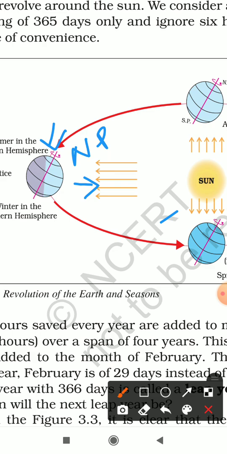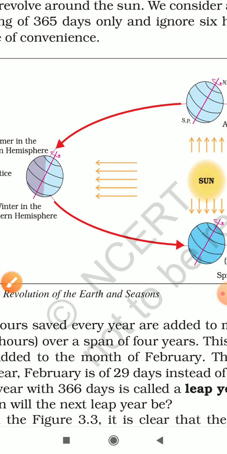And the places beyond the Arctic Circle experience continuous daylight for about 6 months. That is, the areas which are near the Arctic Circle receive continuous light from the Sun. Those areas have only days during the period of 6 months. Since a large portion of the northern hemisphere is getting light from the Sun, it is summer in the regions north of the equator. The longest day and the shortest night at these places occur on 21st June.